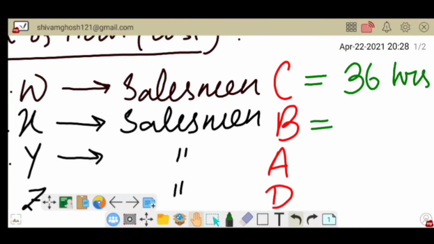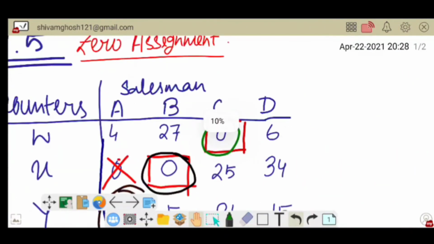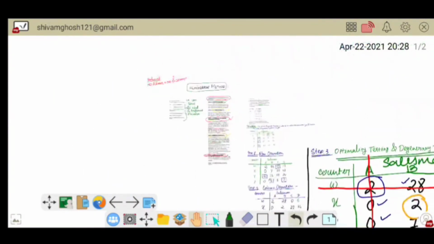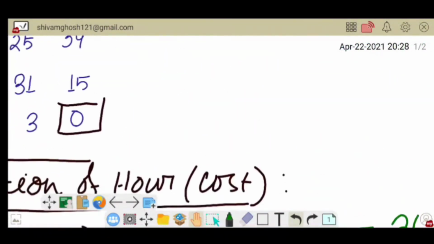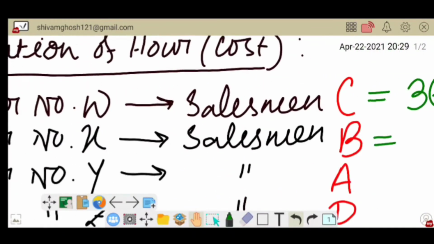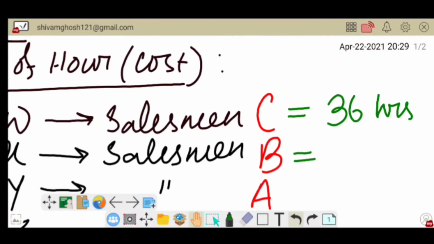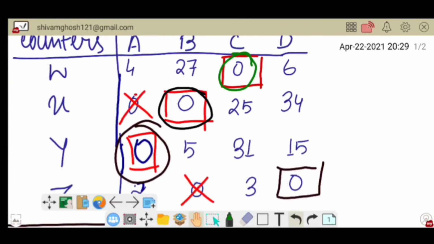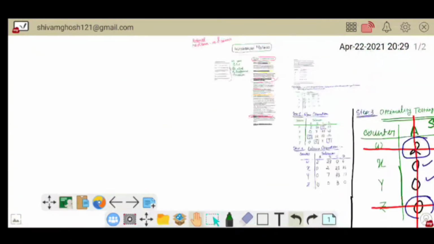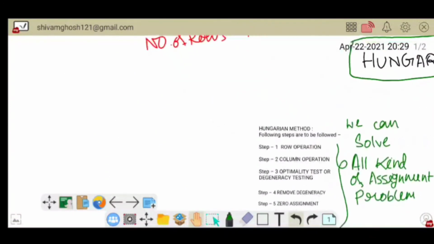For salesman B, counter number X. In this second row, for counter number X we will select our salesman B, and salesman B will take his time to complete all the job from counter number X given in the question.